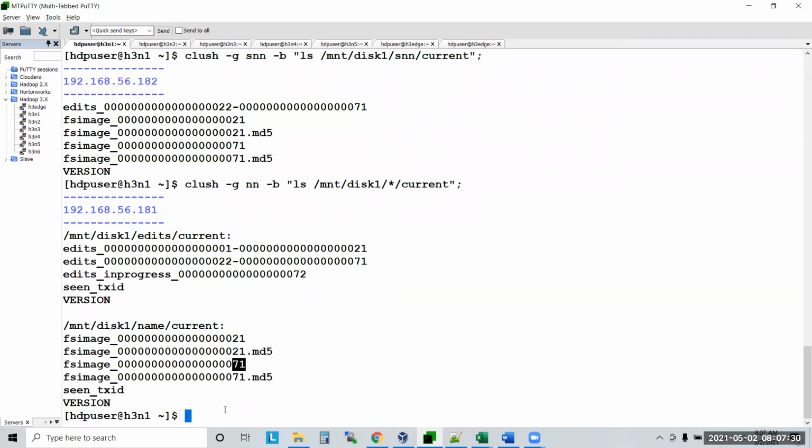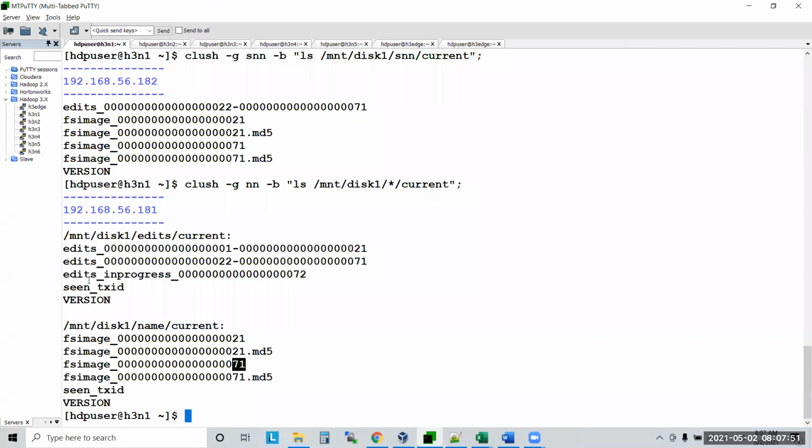Initially, when we create the FS image, the name is all zeros. Now it is saying 71, which means 71 edits have been completed so far.